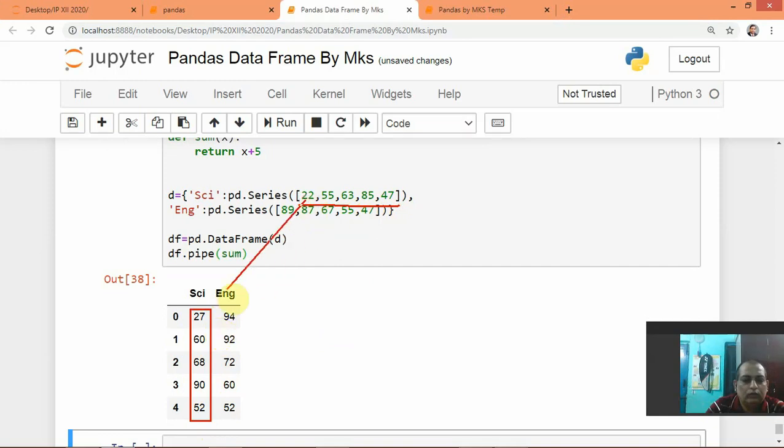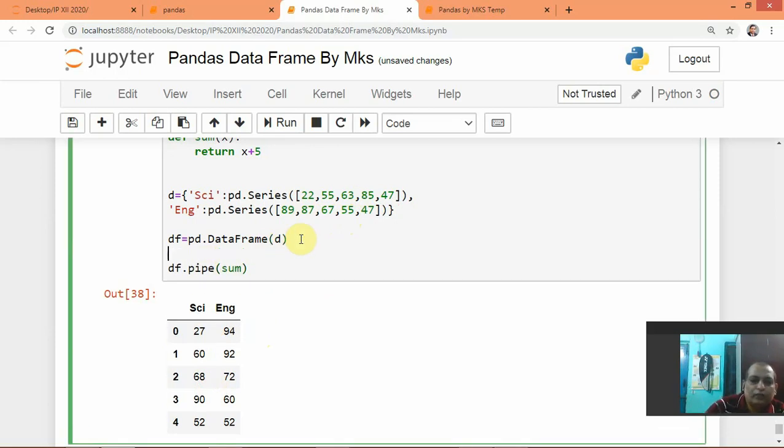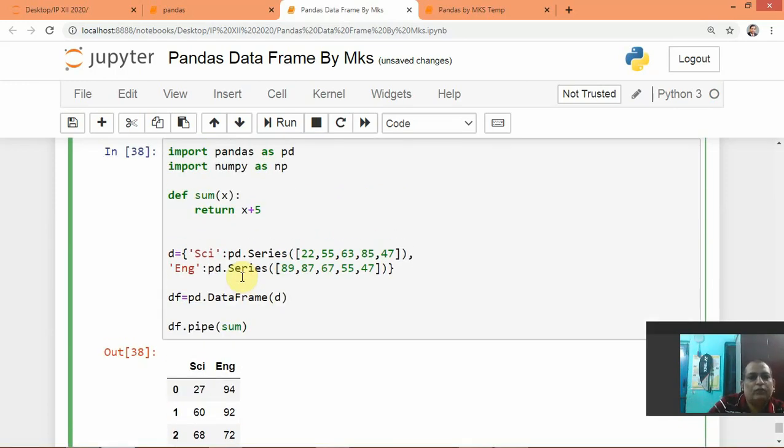So this one is here, this one is here, this one is here. So it is adding 5 to each element. And what function did we use in pipe? That is our own function, that is called a user defined function.